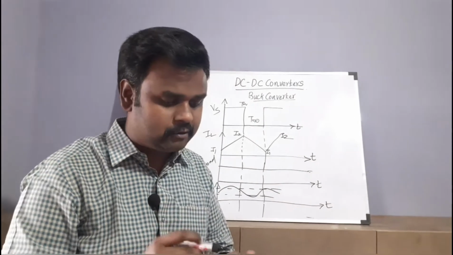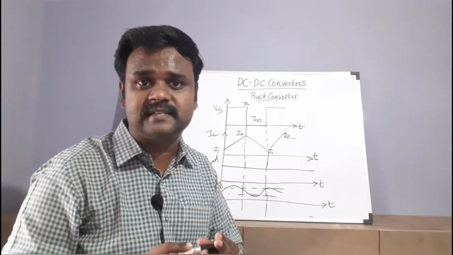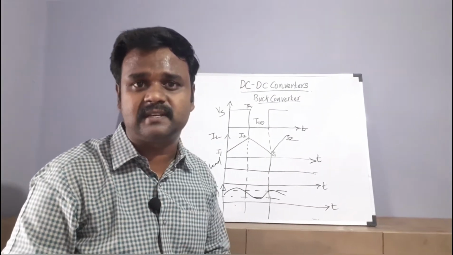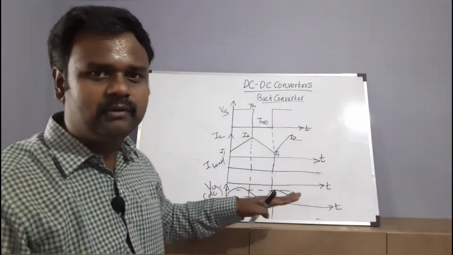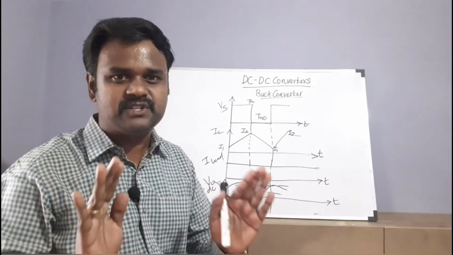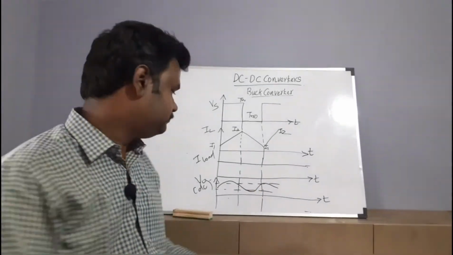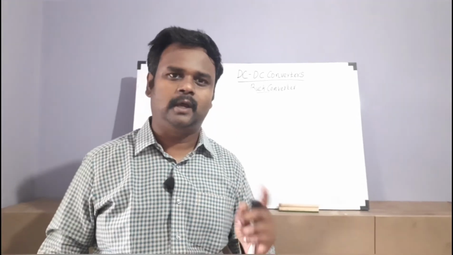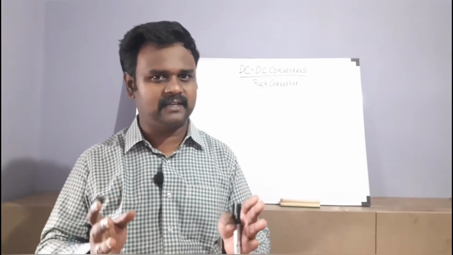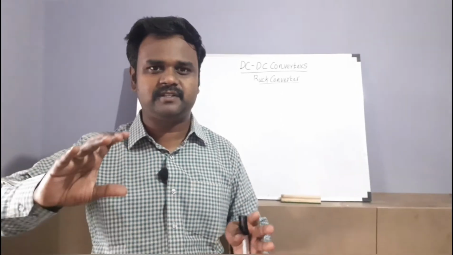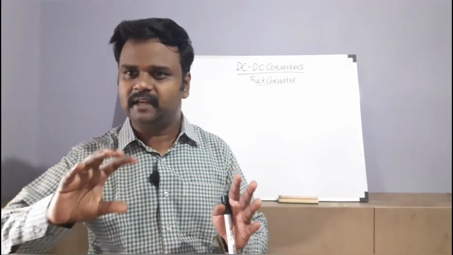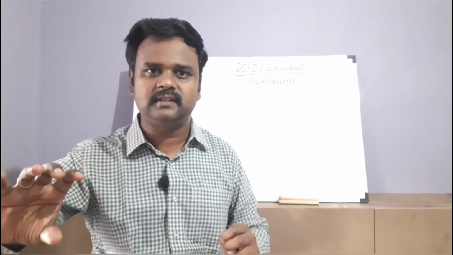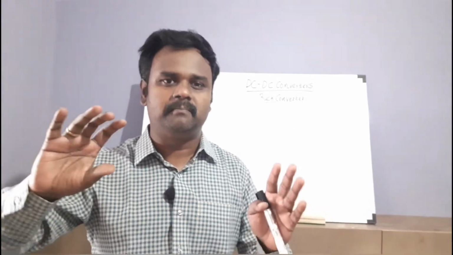It is not relevant to RMS. In the case of AC we will be discussing RMS, but in the case of DC we will be discussing the average value. This is the simple operation of your buck converter in short. Now we have seen the theoretical part of the buck converter. There is a derivation for duty cycle, you can go through the book. By varying the duty cycle, you can adjust the output voltage of your buck converter.